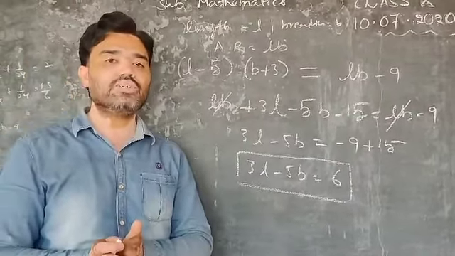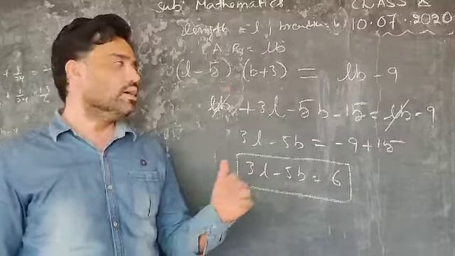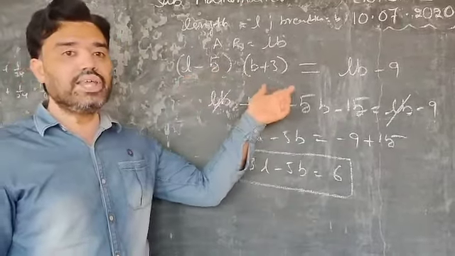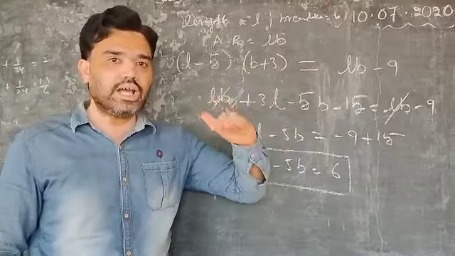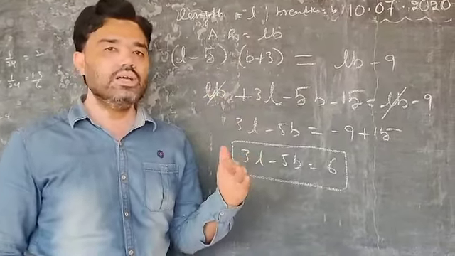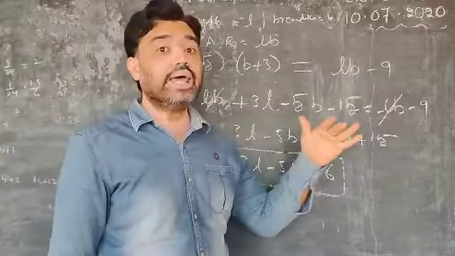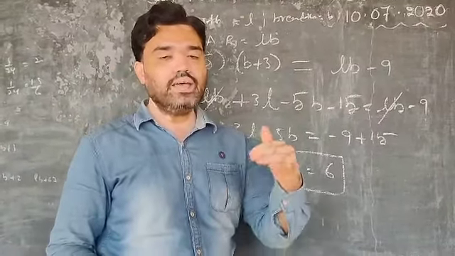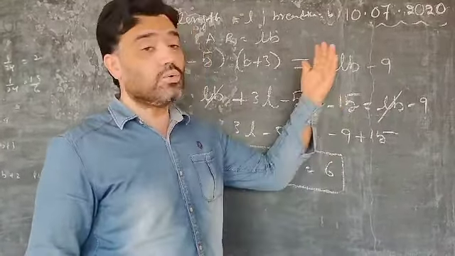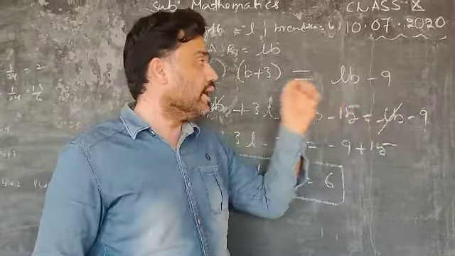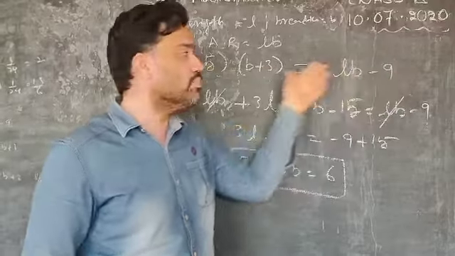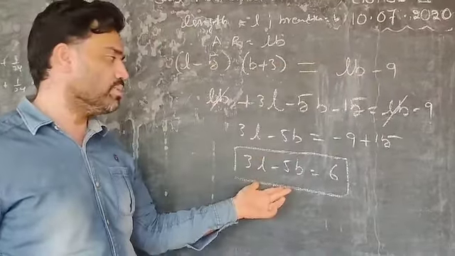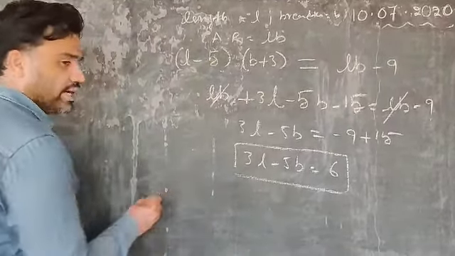But can you tell me what is case 1? Length is reduced by 5, breadth is increased by 3. Then if you take their product, you get the area of the new rectangle, reduced by 9 square units compared to the original rectangle. That's why from the original, if you subtract 9, both of them are equal. In this way we have simplified. Now let us look at the second case.